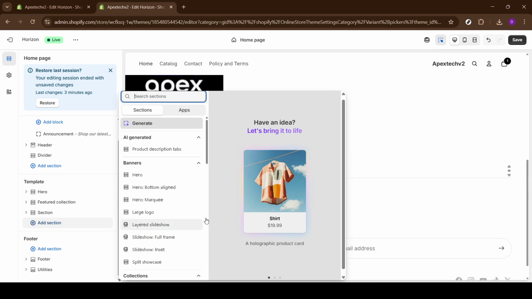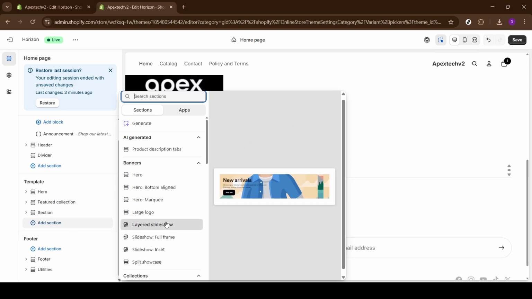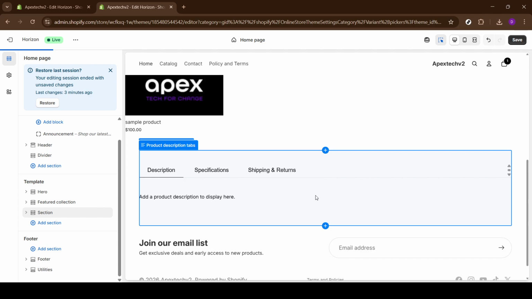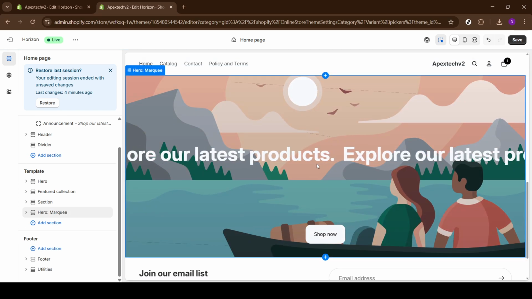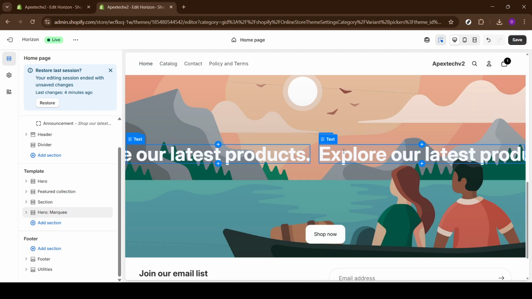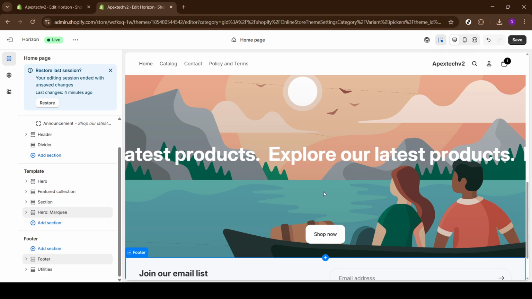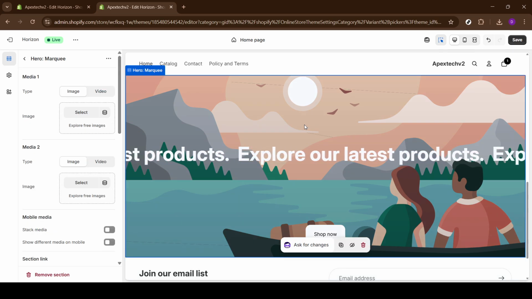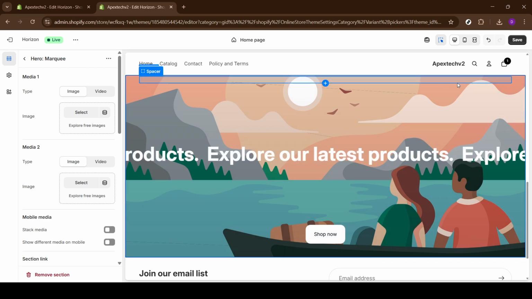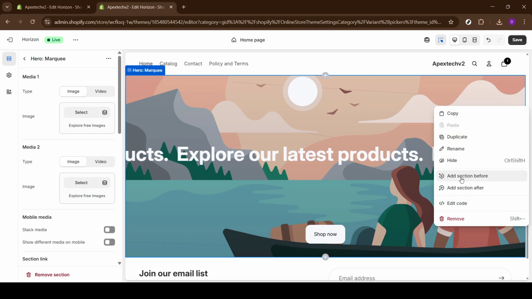Choose the page or section where you want the scrolling text to appear, such as the header or homepage. Click Add section and select either the built-in announcement bar or a custom HTML section if your theme doesn't have one. Enter the text you want to display, customize the font, size, and color, and enable scrolling or marquee settings